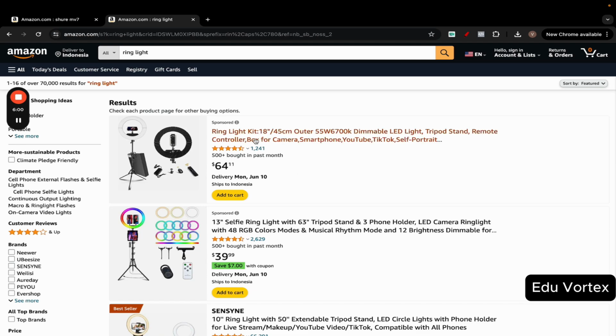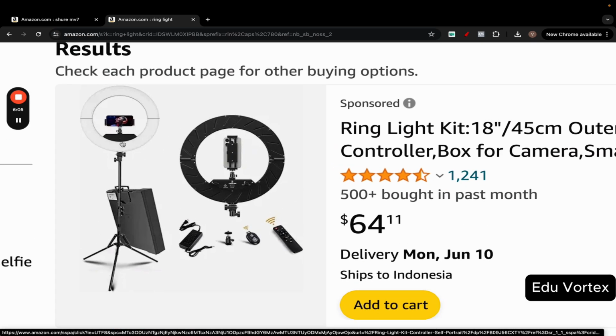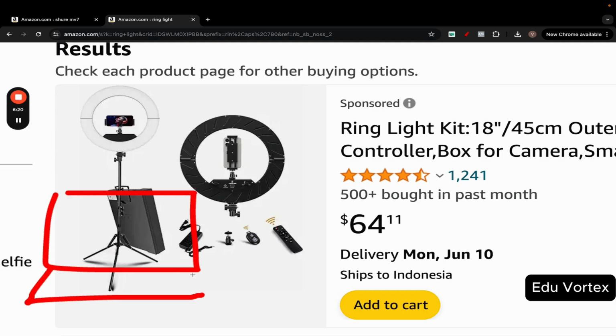Just buy a phone stand, right? Even this light right here comes with a built-in phone stand, so you can just sit down, place your computer in front of you, place your mic to the left of you or to the right, whatever. And then just get a ring light, put this behind your computer, so your computer is going to be here, right? This is your computer right here. That's the keyboard, right? You're here. You're looking there, right?